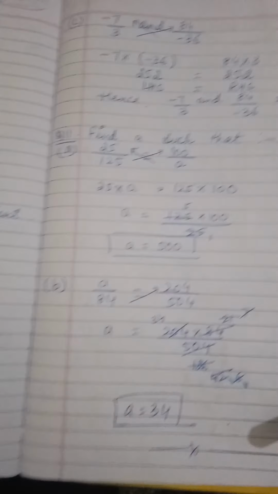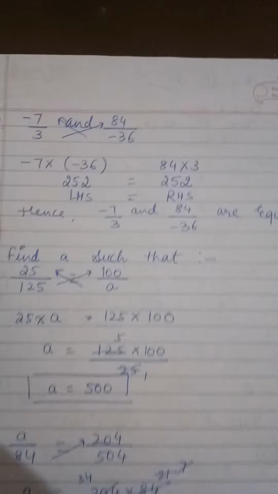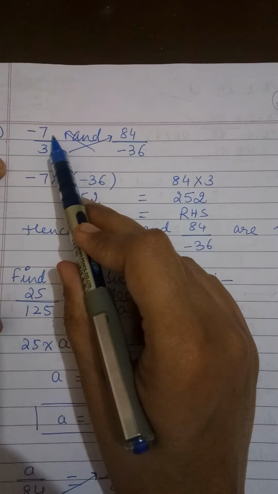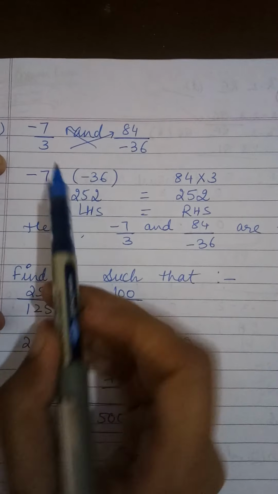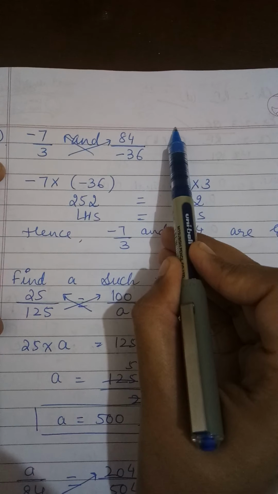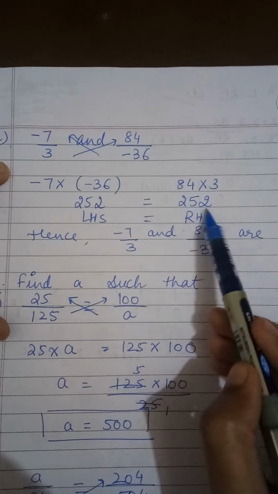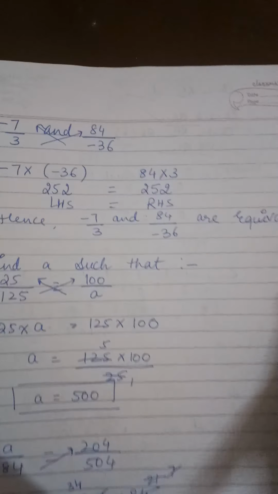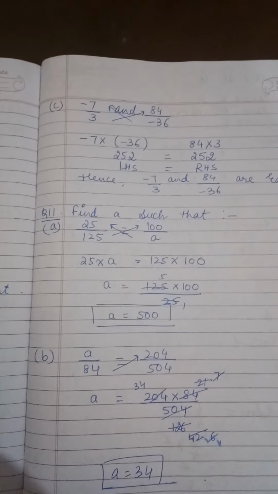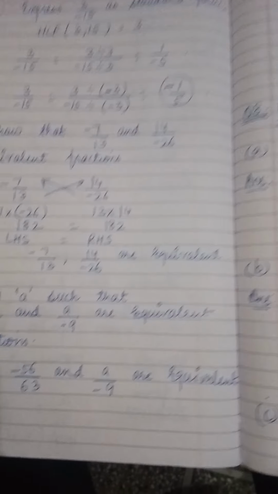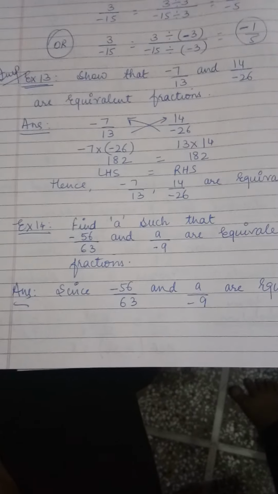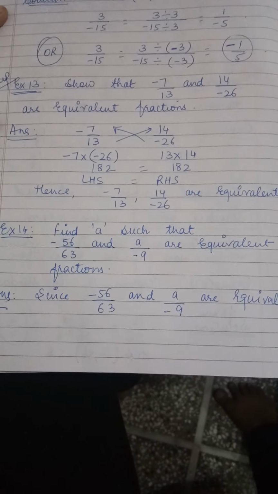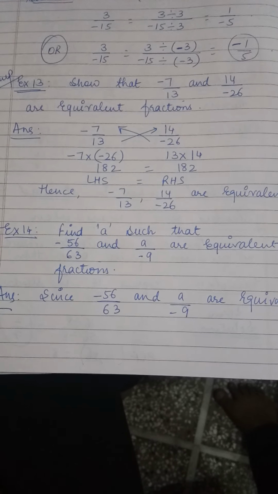Now the C part you can see, and you can do it by yourself also. You just have to cross multiply. When minus 36 goes to that side, minus minus becomes plus, and 3 times 84 in multiplication will be in plus only. Then you will get the answer. Okay, fine. Now let's move to example 14. I hope on the basis of example 13 you will now be able to do question number 10 of exercise 3.1.